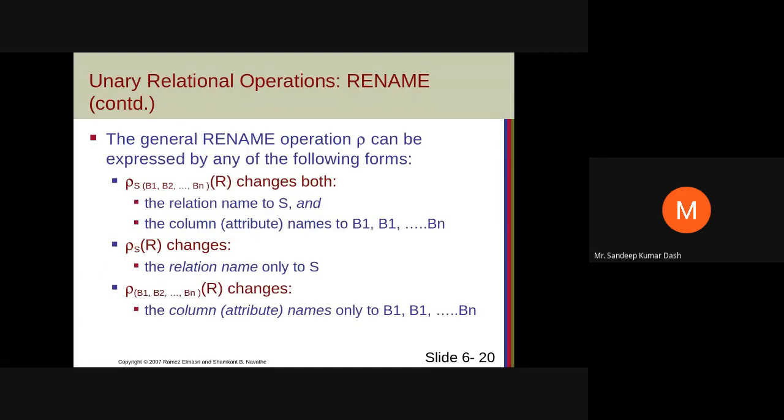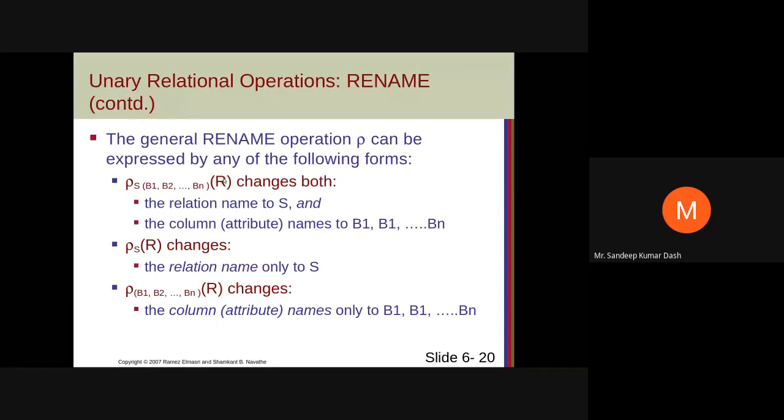So the rename operation is expressed in any of the following forms. When you are writing like this, suppose this is rho, S is given for the new relation name. Suppose this one is your existing relation R. You want to rename the relation as well as all the columns present in it. Then you can write it like this: S is the new relation name with B1, B2, Bn as the attribute names.